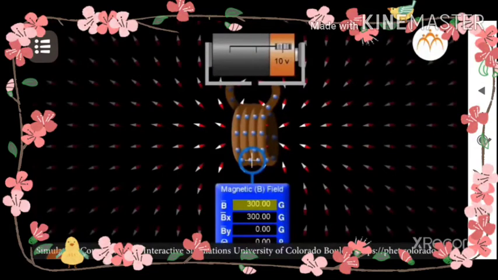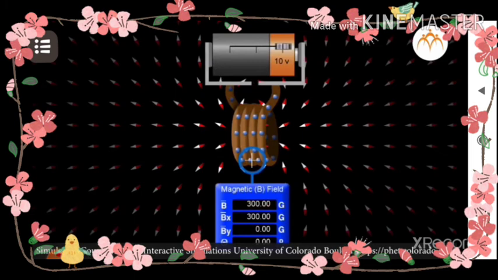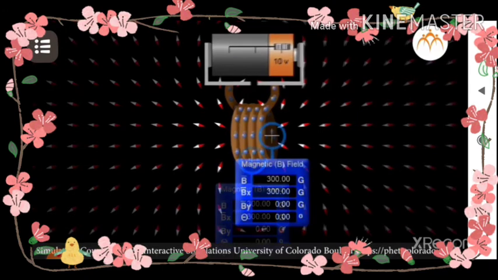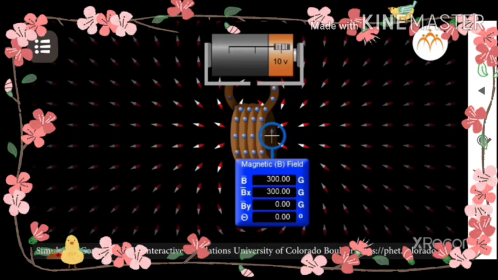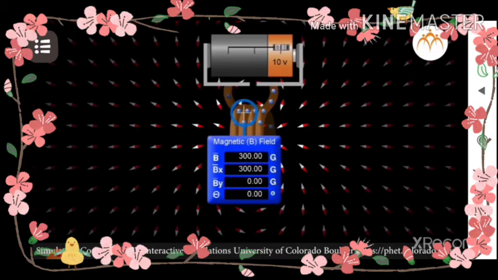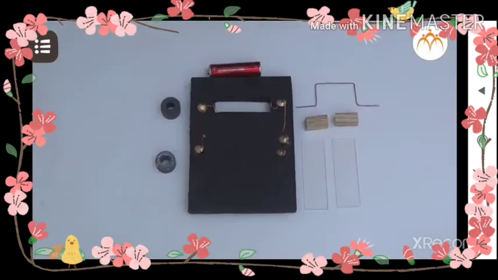When a copper wire with a resistive coating is wound in a chain of loops like a spring, it is called a solenoid. Whenever an electric current passes through a solenoid, magnetic lines of force are produced in a pattern as shown in the figure. One of the open ends of a solenoid acts as a magnetic north pole and the other as the magnetic south pole. The magnetic lines of force inside the solenoid are parallel to each other. This means that the intensity of the magnetic field within the solenoid is uniform everywhere.